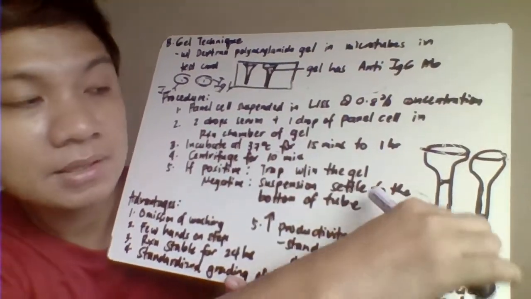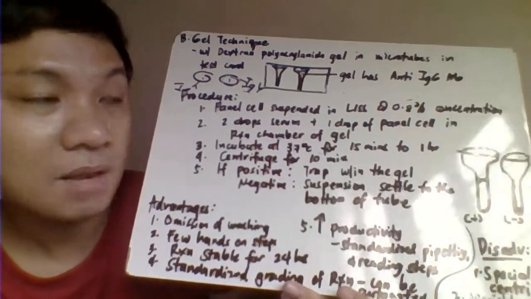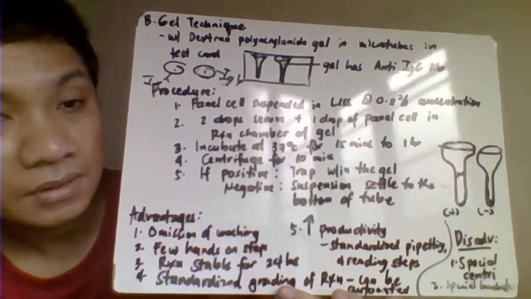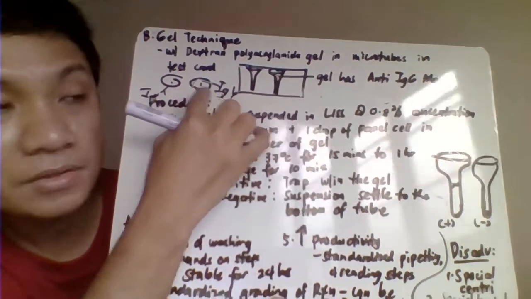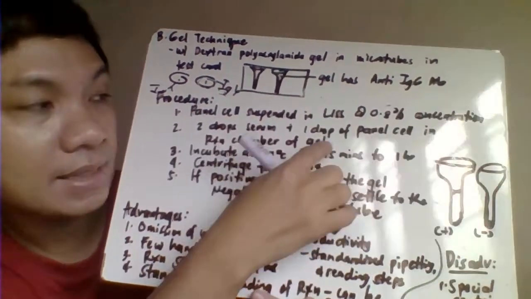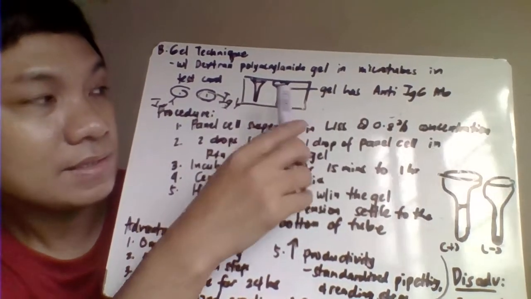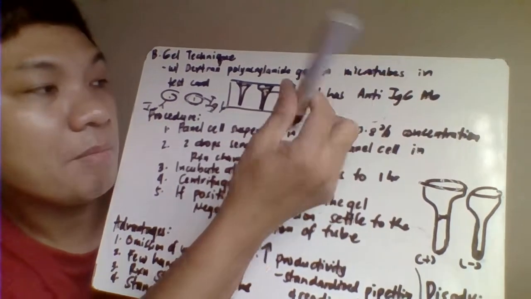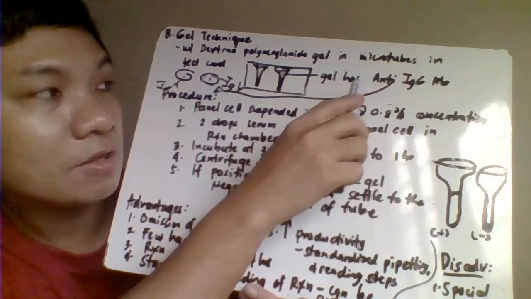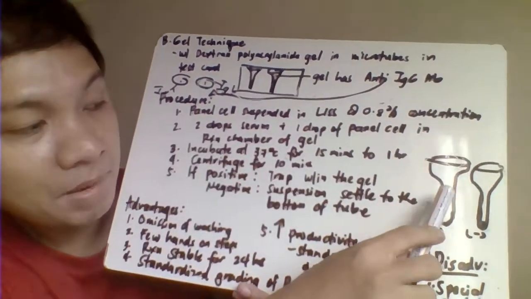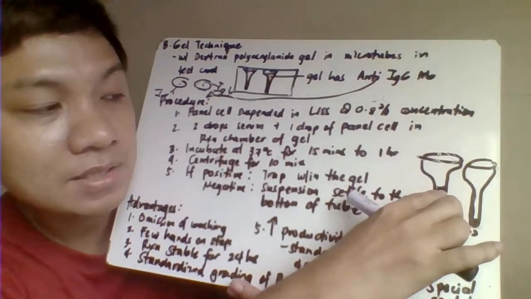Bababa ba siya or it will just settle here within your gel. Remember that your gel, meron siyang anti-IgG antibody. So like for example, if your serum na patient ay may IgG antibody corresponding to the panel cell natin as your antigen, so magpa-form siya ng complex. So with that, since ang gel mo may anti-IgG antibody, magbabind ito dito sa complex. Pag nag-bind siya, magiging malaki ang size nito. And therefore, pag malaki ang size niya because you are positive for that antibody, dito lang siya sa gel natin,